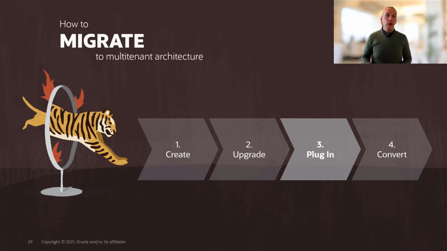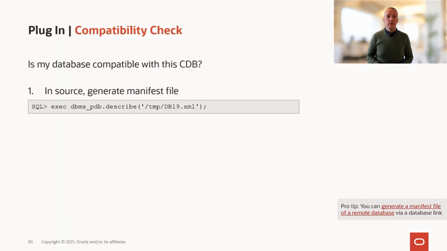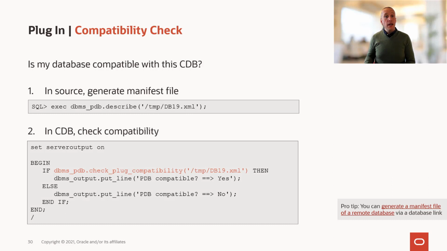Now we are ready to plug in our database. The first thing that we have to do is to ensure that our database actually fits into the container database. And we do that by generating a manifest file in our non-CDB database. The manifest file contains information about our database, and we can use that as input in our container database for